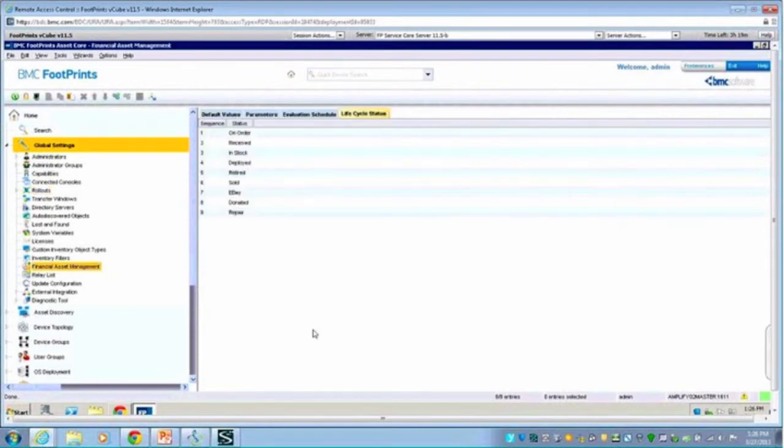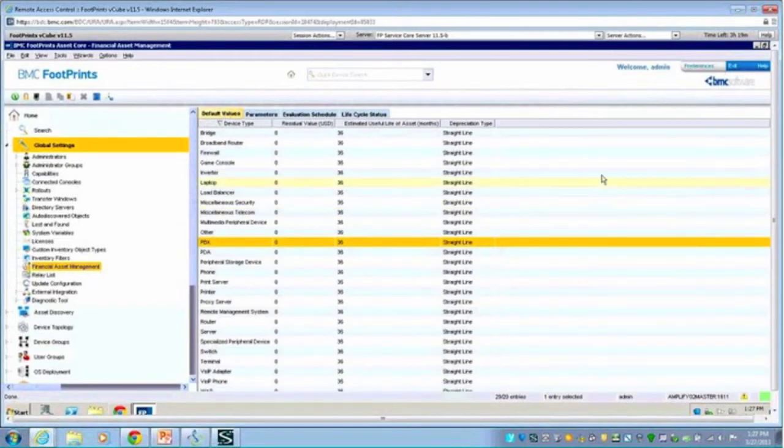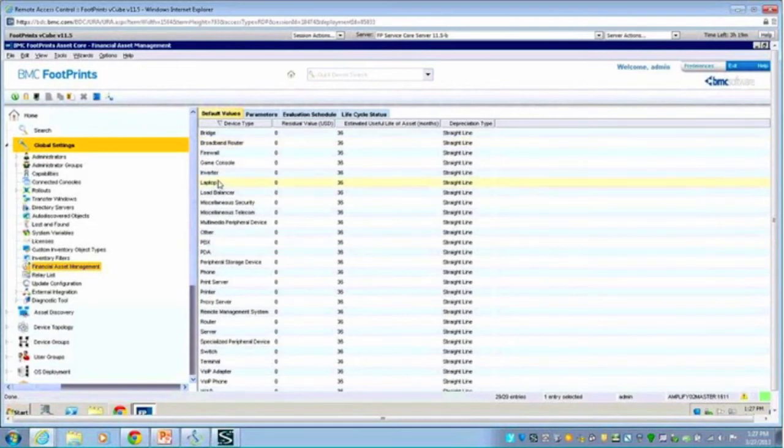So this financial asset management, and we alluded to this in the last slide, you'll have this for all the devices that you import into Asset Core. So some of these are going to come in because I have the agent, some you discovered, but you can also import, if you will, from whatever mechanism you have. Once they come into the console, then you can potentially attach them to other devices that are inside of this console. So here, let me get into the default values. Again, these are defaults. You can add as you see fit, but you'll notice here I have my laptop as an example. And when you double-click,